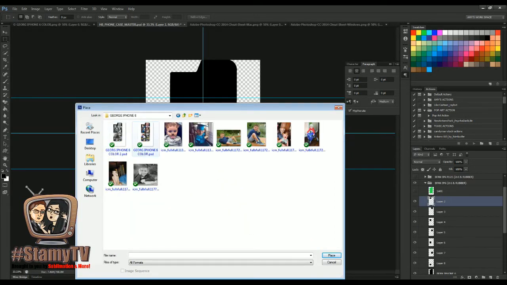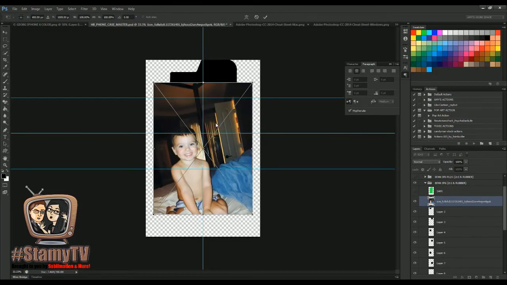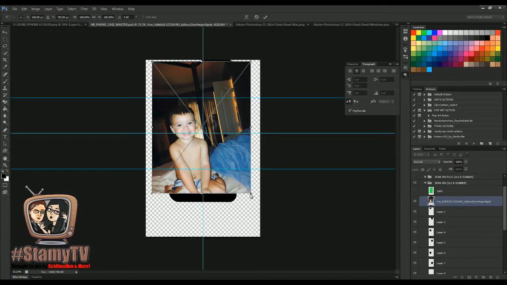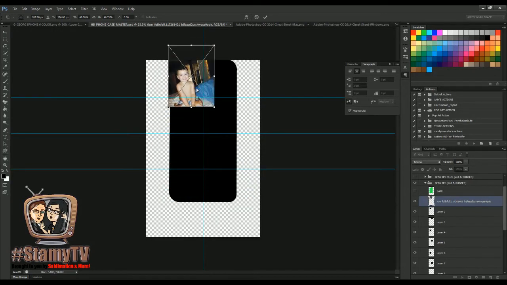And I'd already done this once, but I decided to do it again because I made too much of a cuts in to show the black borders. So let me just see. So this picture is what I chose for him up there, and you can see it's really big, and that's okay. So just kind of size it down to wherever you need it,